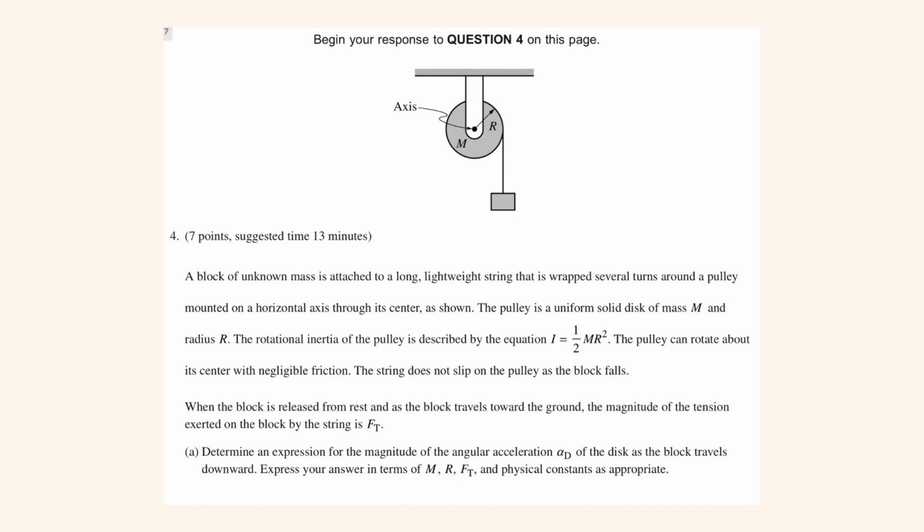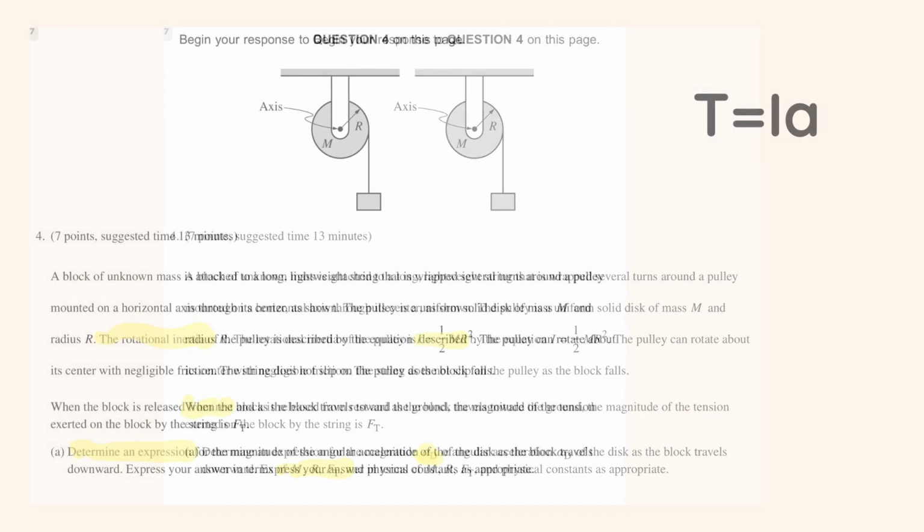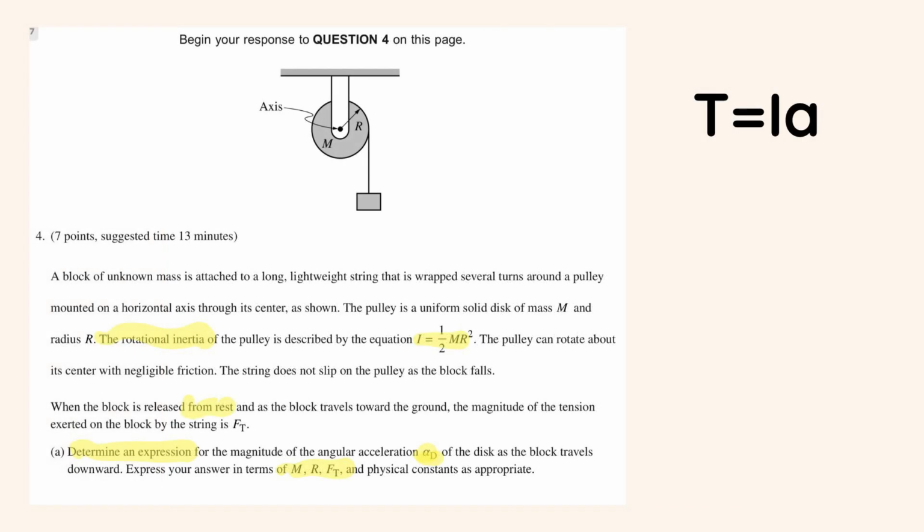When the block is released from rest, as the block travels towards the ground, the magnitude of the tension exerted on the block by the string is Ft. It is asking us to determine an expression for the magnitude of the angular acceleration in terms of these physical constants. Okay, I highlighted some of the important things of this question, and we know that torque